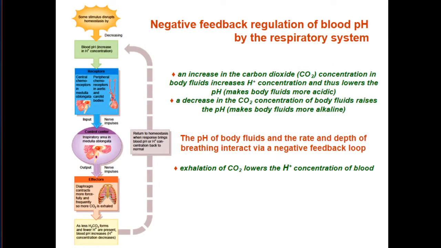Now let's talk about regulation of blood pH by the respiratory system. For example, if blood pH decreases and becomes acidic, meaning increased hydrogen content, this will stimulate chemoreceptors. Remember that we have central and peripheral chemoreceptors. Central ones are in the medulla, and peripheral ones are located in the carotid sinus and aortic arch. Impulses reach the inspiratory center in the medulla, which will be activated, and nerve impulses will be sent to the effector. As a result, the rate and depth of breathing will increase,